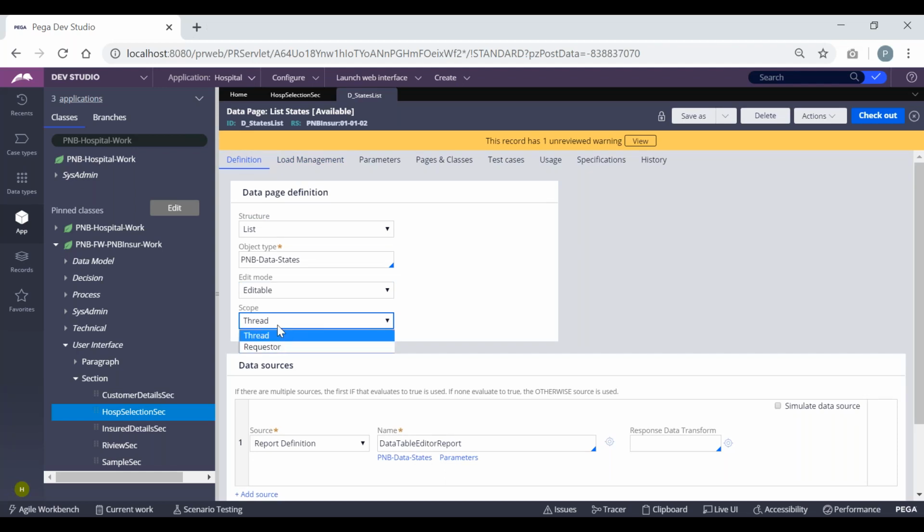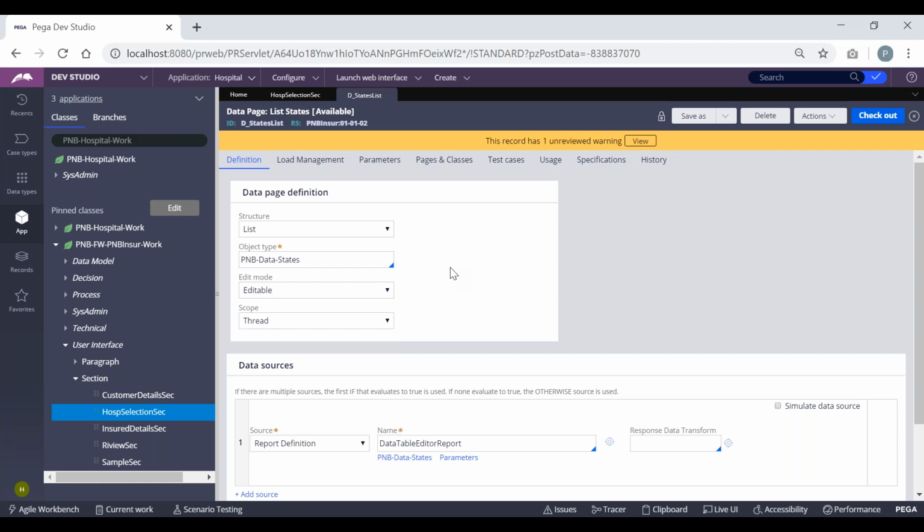And it has three scopes, that is thread, requester, and node. If I create one data page for thread, I can share this data across that work object level. And if it is marked as a requester, then I can use this across my operator level. So if I log in for the first time in the day, till my log off, I can be seeing that data page in my clipboard all the time. And if I log off, or if I restart my machine, or if I restart the server, then the page will be gone. And similarly, the node level means it will be across the server level. So all the people who got connected to that particular node can access that data page.